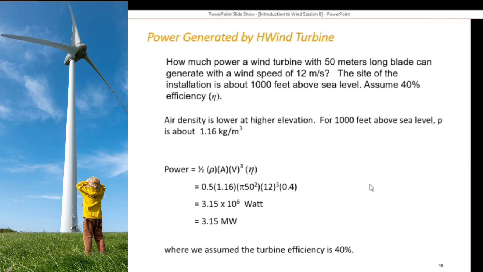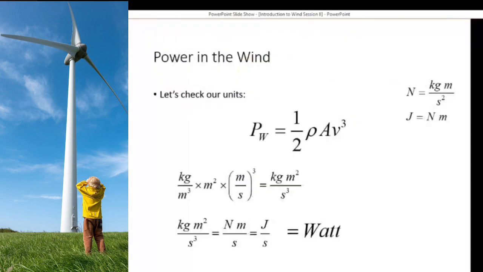So now that is just the formula, meaning that even though in the previous formulas there is no efficiency, but remember